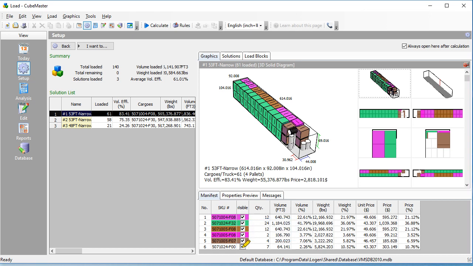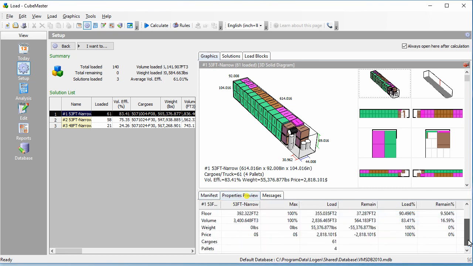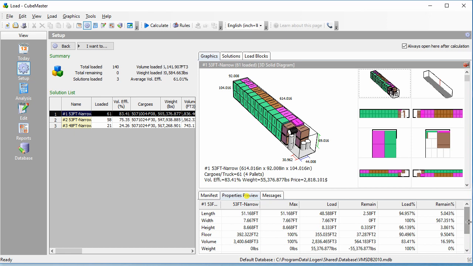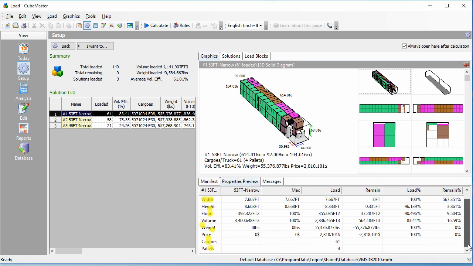Alright, and then I think this window is the most useful information. So you may see we have some dimensions of this truck. So these are the dimensions: length, width, height, floor, volume, weight, price, cargoes, and then we have pallets. So each dimension has